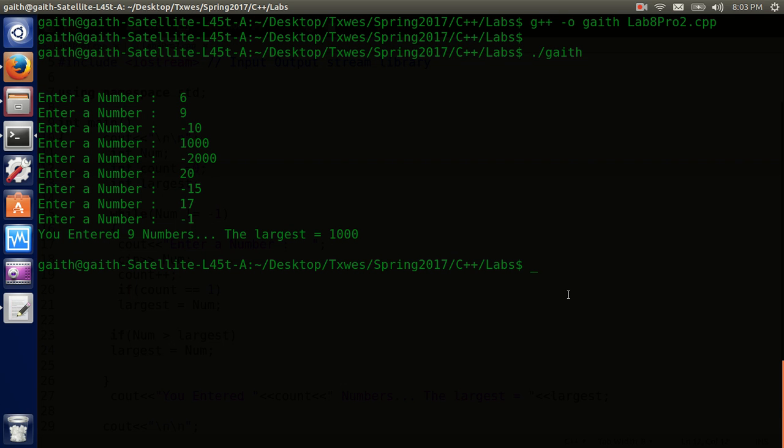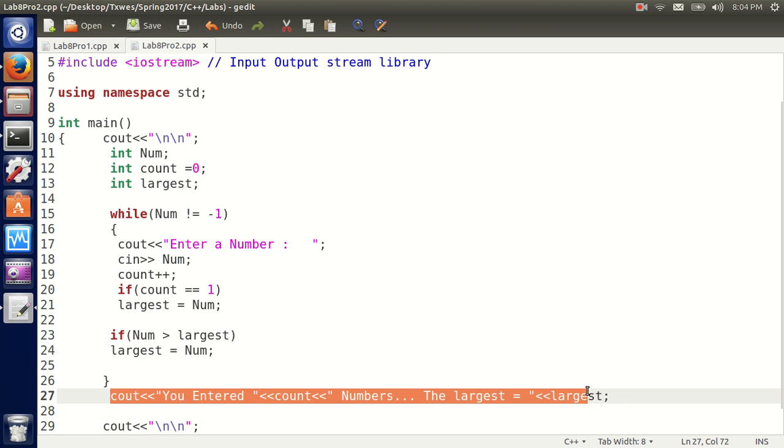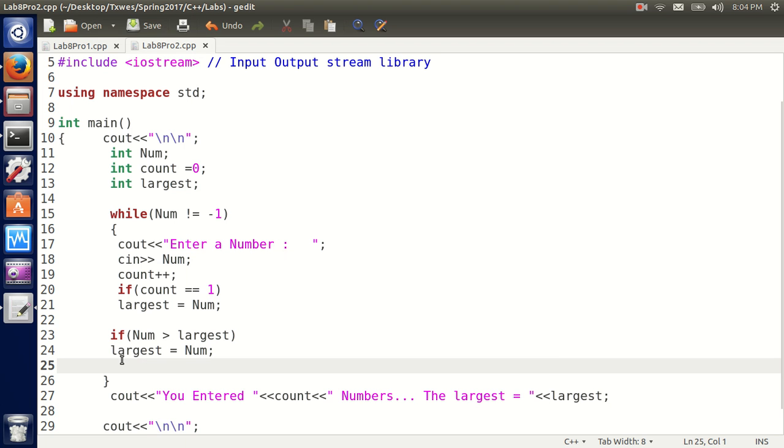If I want a smallest, I'll do the same thing. But now I want to show you each iteration what's going on. When is it going to change largest, and how is it going to add to count? So I have count here. So here I can say, inside the loop,